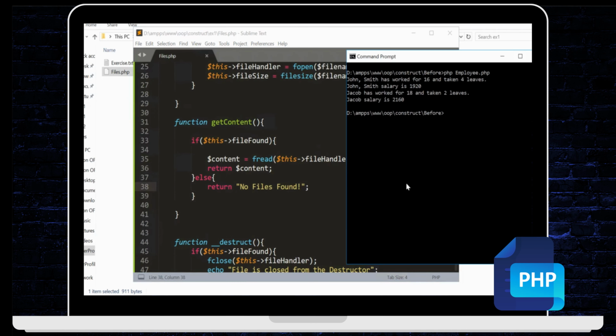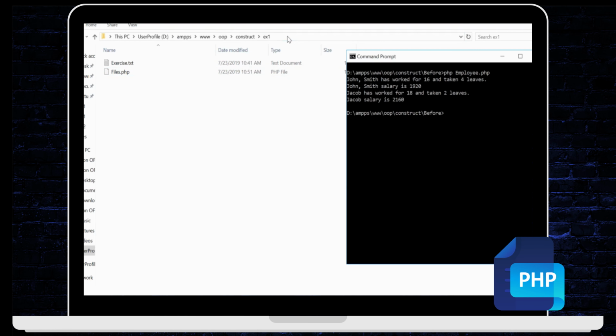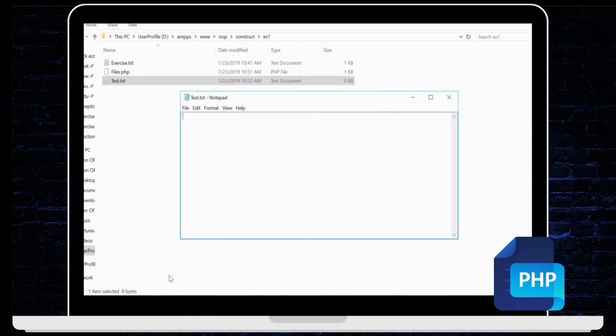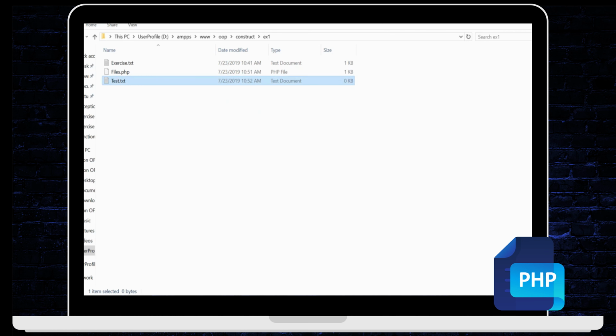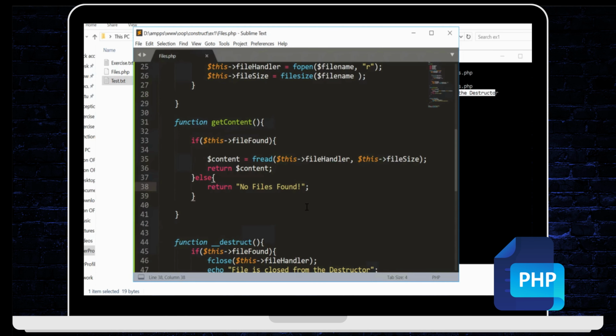So first let's execute without any file creation, then we'll see whether it's able to execute properly or not. It says no files found. So we create the file, and let's run it. So it's able to read the content and the file is closed from the destructor. So all the concepts that we have learned so far